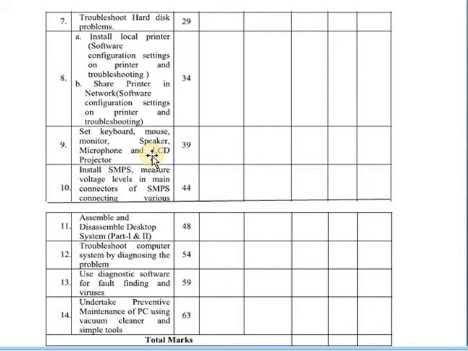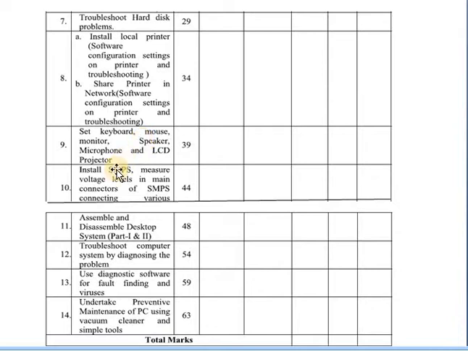And an LCD projector is a type of video projector for displaying video images or computer data on a screen or other flat surfaces. So in this practical we perform the setup, meaning how to connect these devices: the keyboard, mouse, LCD projector, etc.